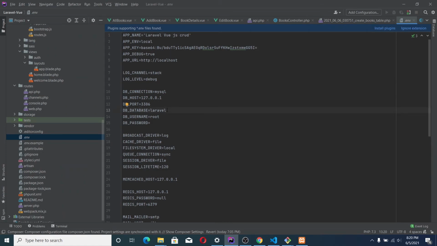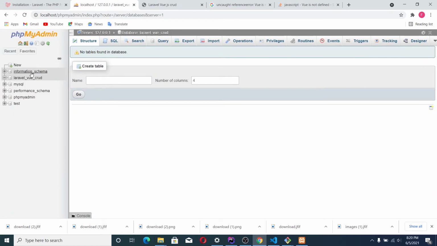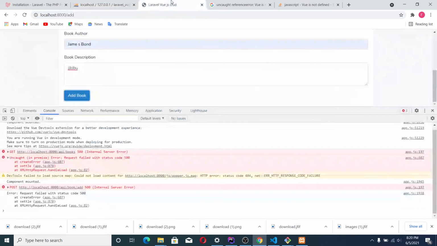So our database is, we have created a database called laravel view code. Let's go and check it. So this is it here.